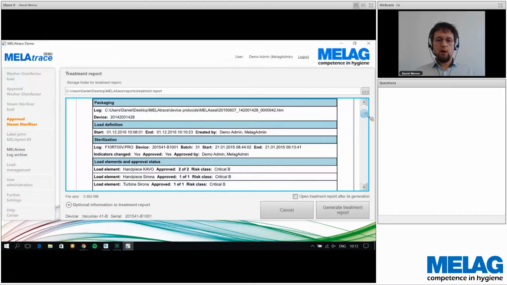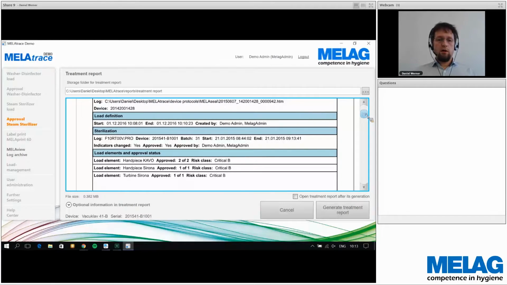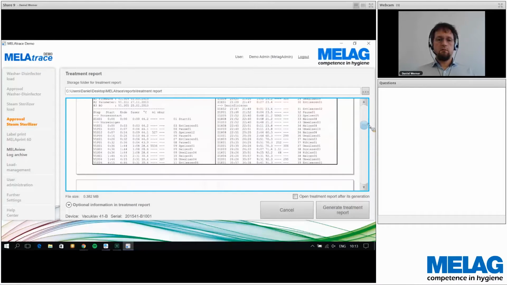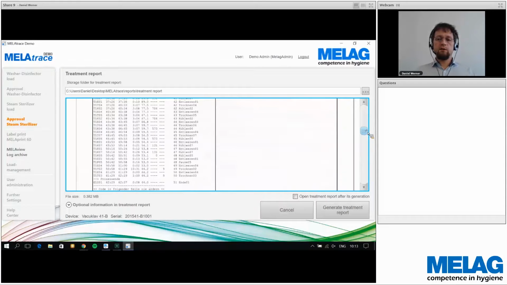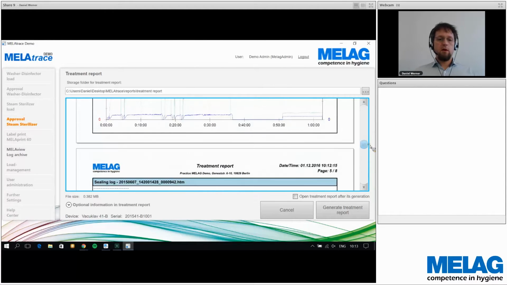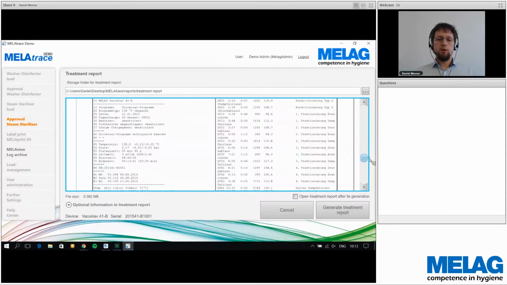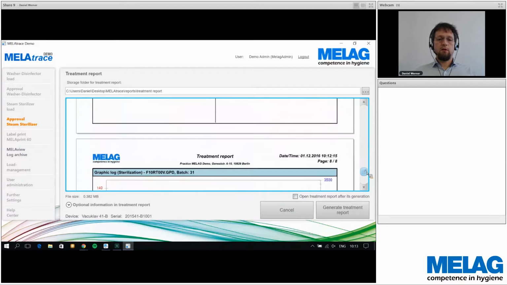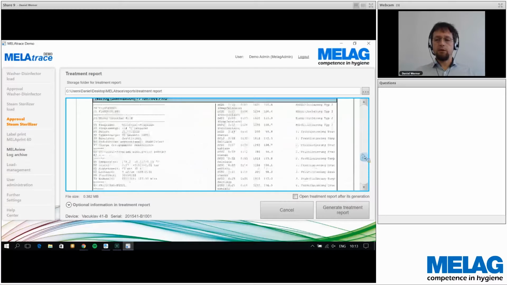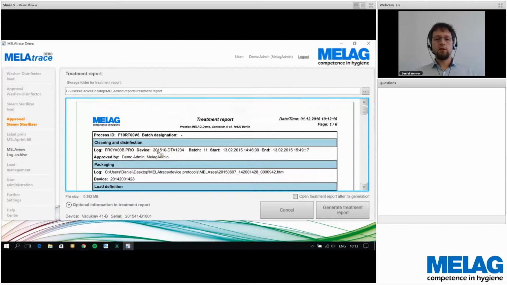And yeah, I have here the sealing log and, from the sterilizer, the text protocol and the graphic protocol. And very important, I have here on top a process ID. This ID here is a mix from the protocol name and a database ID. So that process ID is unique. And when I click now here on generate treatment report,